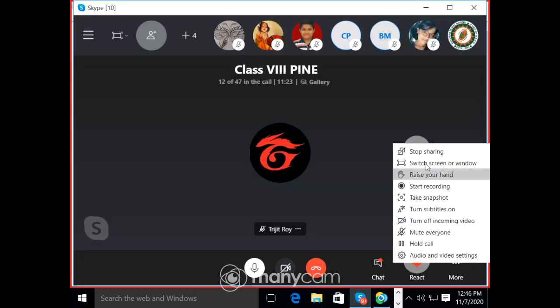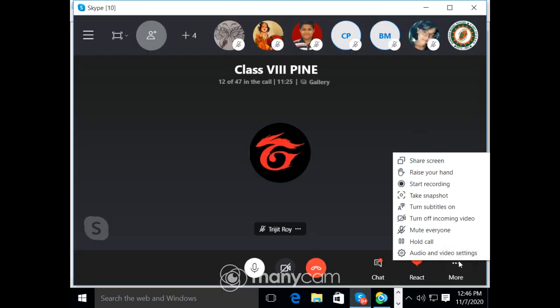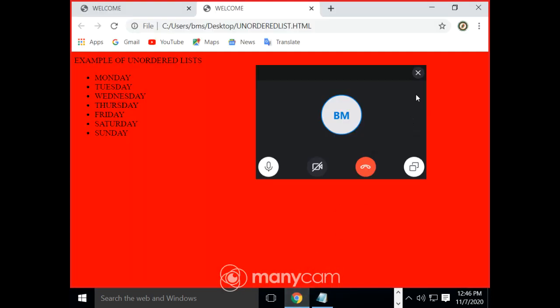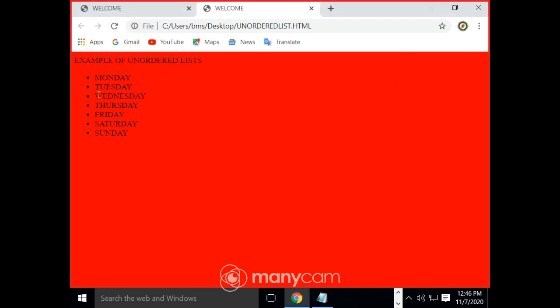Then I am again sharing the actual output of this particular screen. Kindly check the output. Now the output is that square format bulleting is there. Clear? So that is how to change this bullet type.